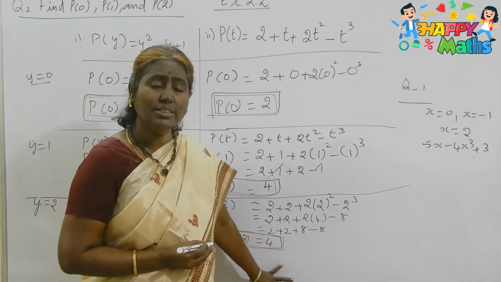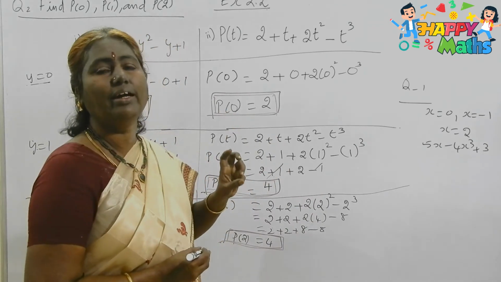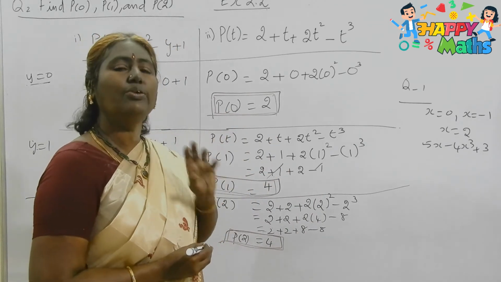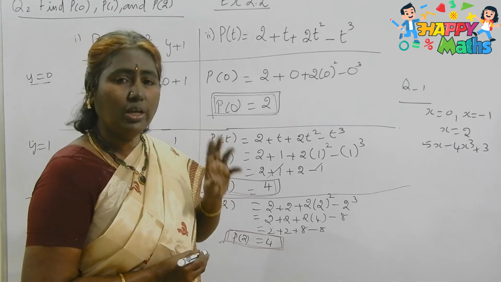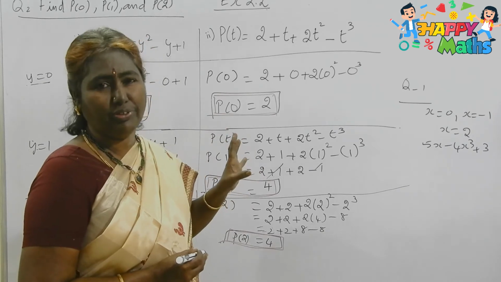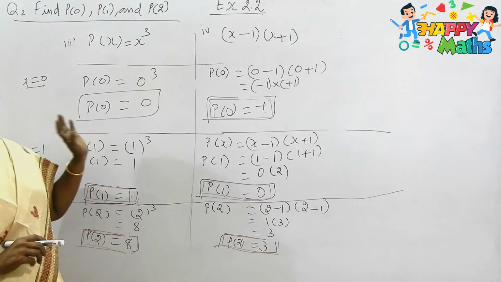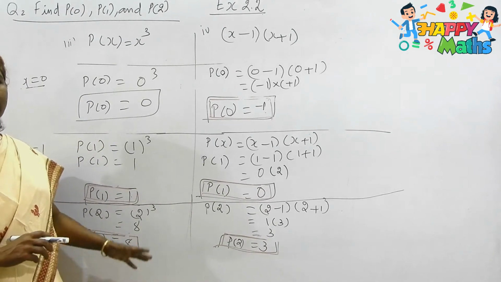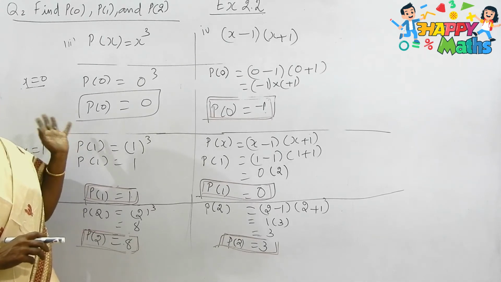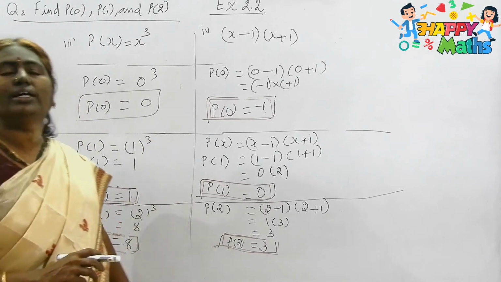So why have I chosen this sum? Only to make you learn and generalize the idea. Whenever you substitute 0 in any expression, you will get what? Only the constant term is the answer for you. See the next two things. You know how to substitute the values. Then why am I doing the same thing again? Since it is given in your book, I am doing it. You know very well how to substitute and how to get the answers.